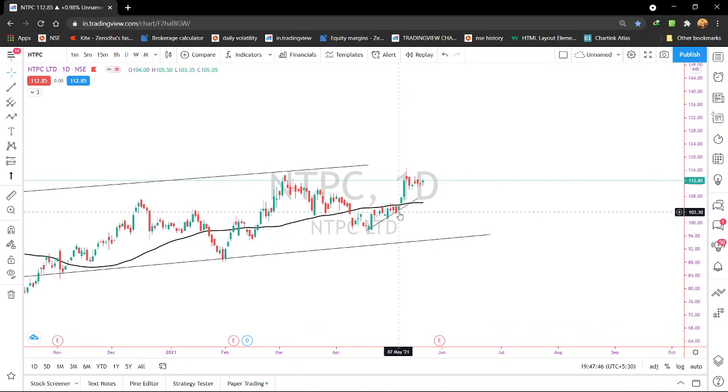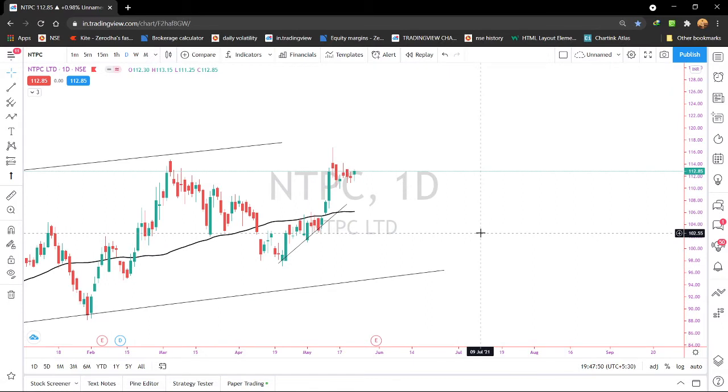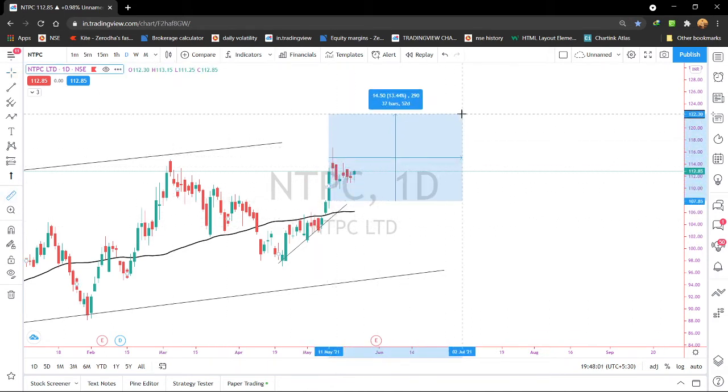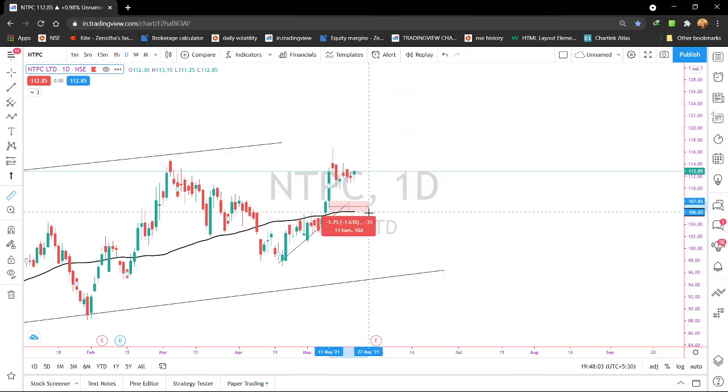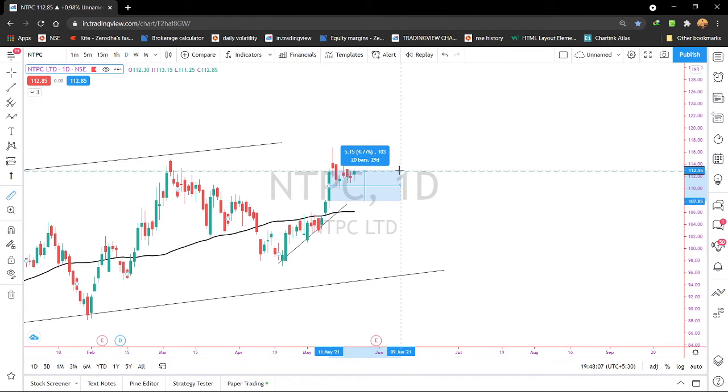it has crossed on 11th May. If you are a swing trader of around 6 months, 10 months, or you can hold the stock for 1 year, then you can enter here. Your entry point will be here. You can leave it till it breaks the 50 moving average to the downside. Even if you are a very short term trader, like 2 weeks, 3 weeks, then you can use 20 moving average. Okay. And this was the entry.